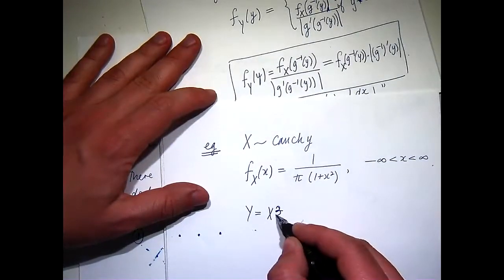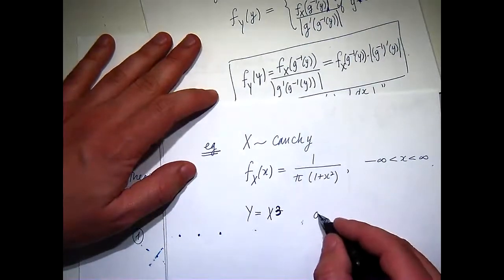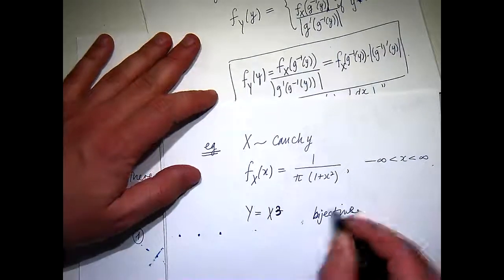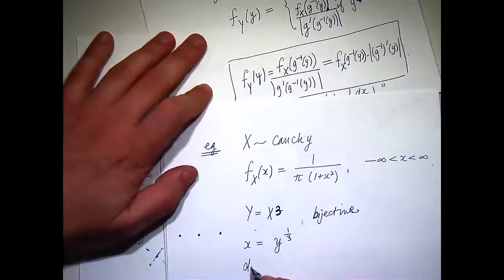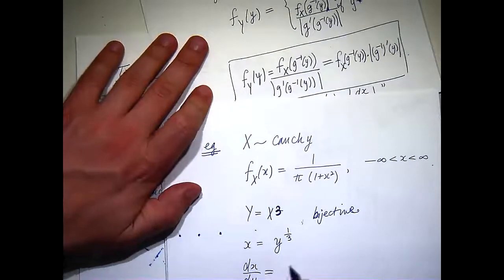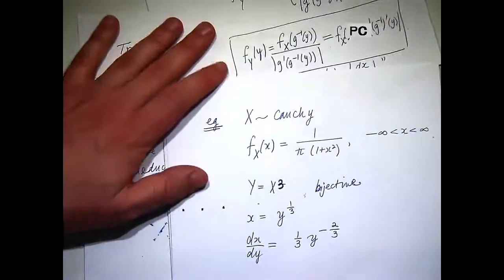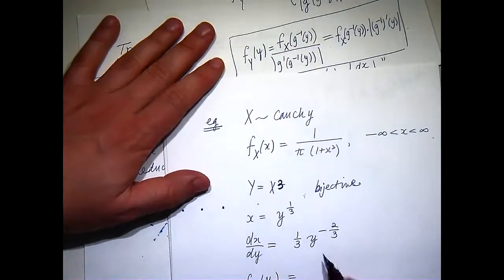Let's not even do that. Let's do the cube of a quotient. So that's going to be even more extreme. This is bijective. Because it's bijective, we have the relationship x equals y to the power 1/3. And then dx/dy is easy to calculate here. It is 1/3 y to the power minus 2/3. So f_Y of y is equal to f_X of x. So I have to substitute in y to the 1/3. 1 over